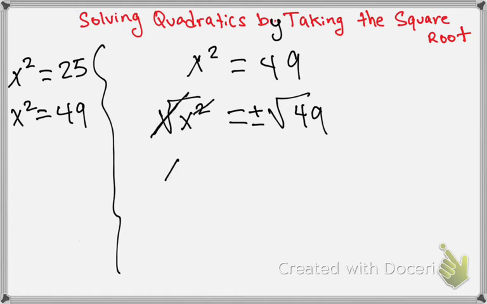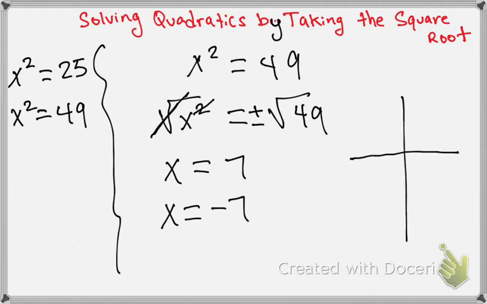So therefore, we're left with x is equal to, well, what is the positive square root of 49? That's 7. And what is the negative square root of 49? That's negative 7. So here you have your two x values that we've always been solving for anyway. And remember, think of that graph. If I had to do a rough sketch here,